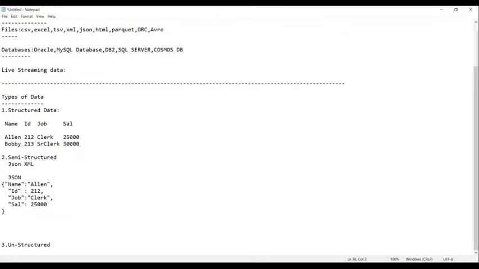Now let us see how the data will be recorded in XML. When it comes to the XML file, the data will be recorded in the form of tags. This is a table called employees. That means the name of the table is employees. So I'm writing the same table here using employees. And now, guys, these are called tags.